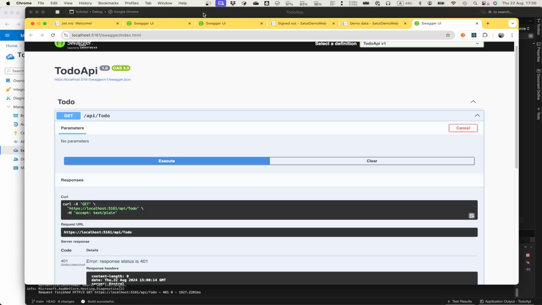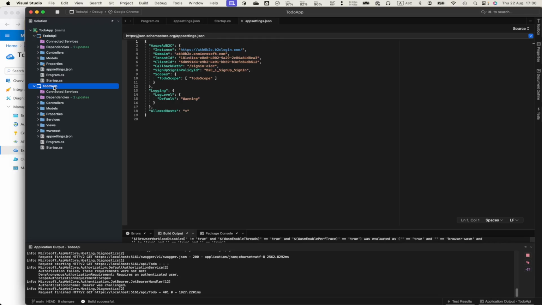But when we start our to-do web app like that, we will authenticate in the app, obtain a token for the API, and we invoke the to-do API with an access token for